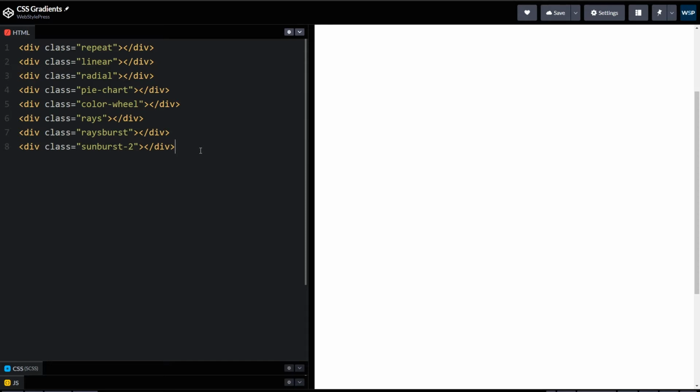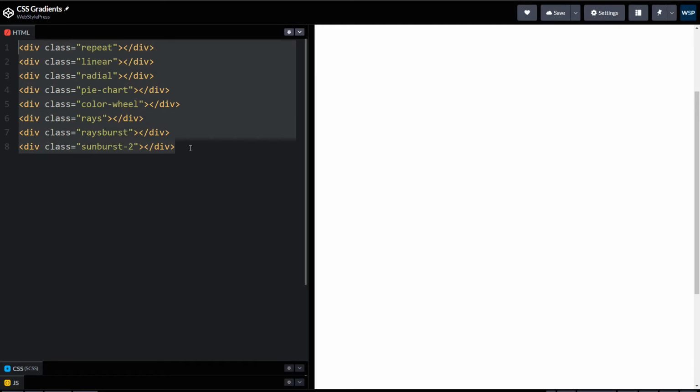We can do a lot of amazing stuff with CSS only now. CSS has some very useful functions that you may be using without even realizing it. Take the example of CSS gradients. CSS gradients let you display smooth transitions between two or more specified colors. We have CSS linear gradients, CSS repeating linear gradients, CSS radial gradients, CSS conic gradients, CSS repeating conic gradients. We can create pie charts, color wheels, beautiful backgrounds, repeating patterns, and much more by using only CSS gradients.